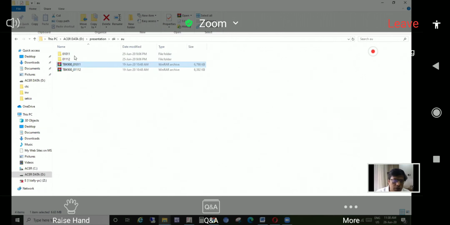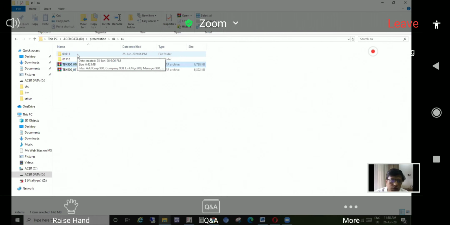There are migration tools available on the Tally website that you can download and then run. It is pretty simple. There are help files and video files also available on how to use that in case you have an older version of data.